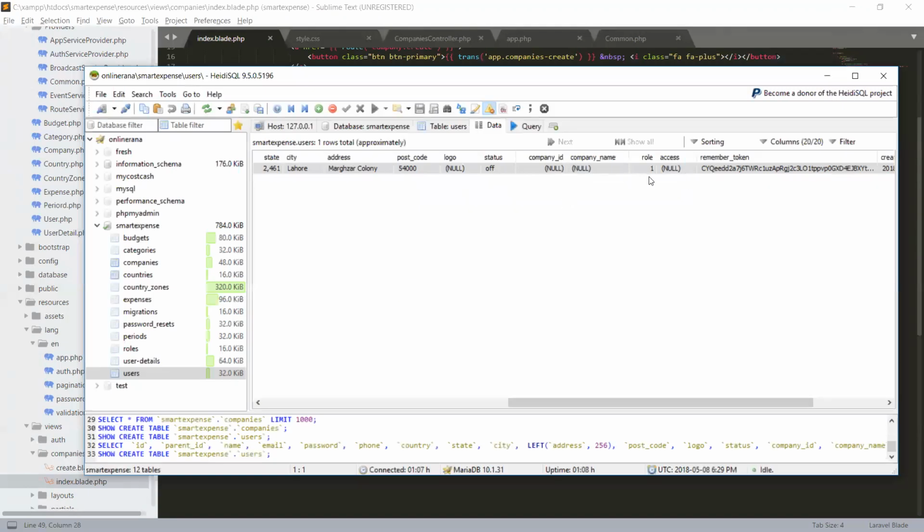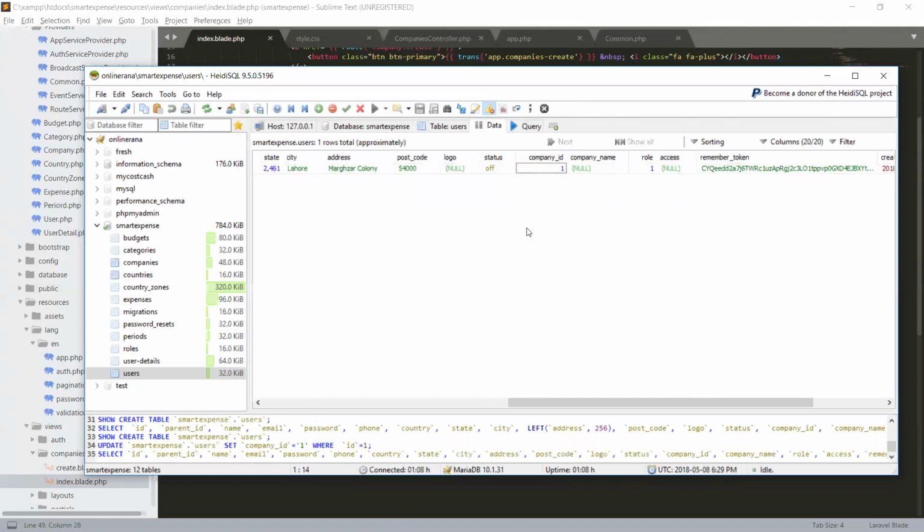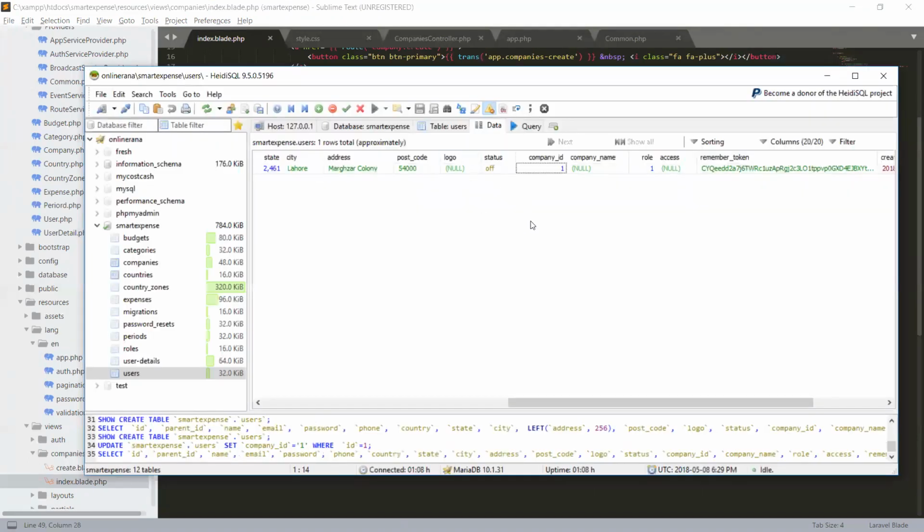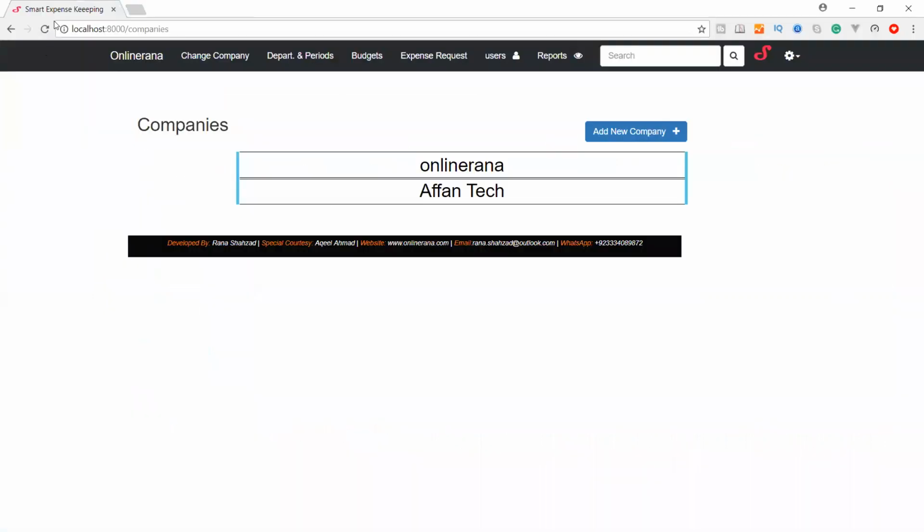So here the company ID is null, and let me create one. Okay, so let's check if it changes the colors. So now the company ID is 1, so that's why it changed the background color.